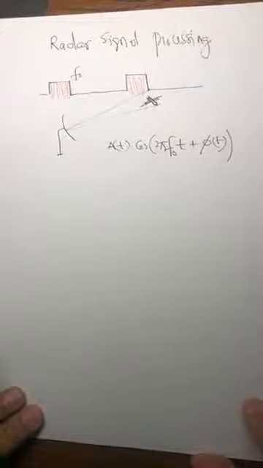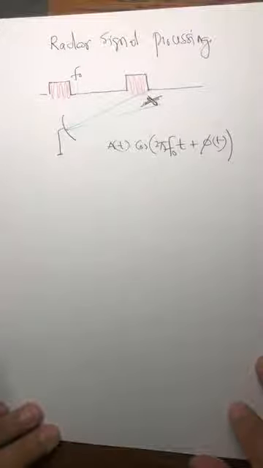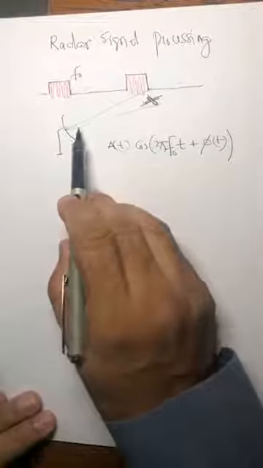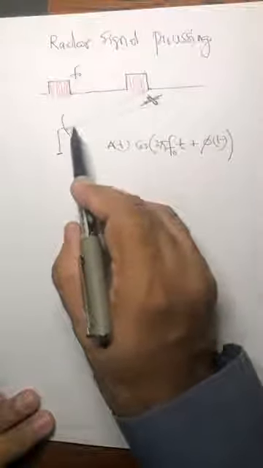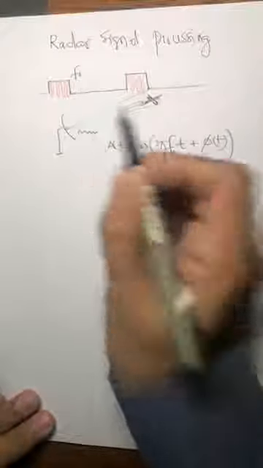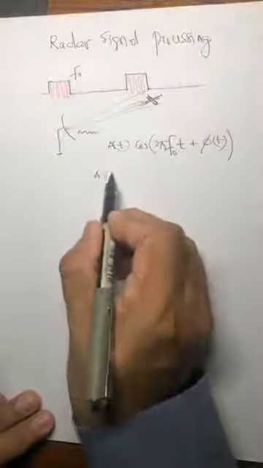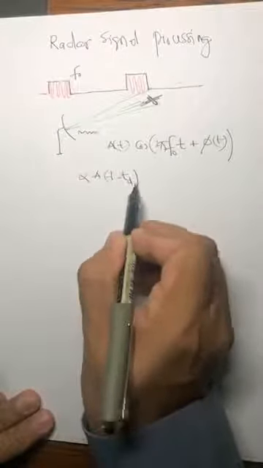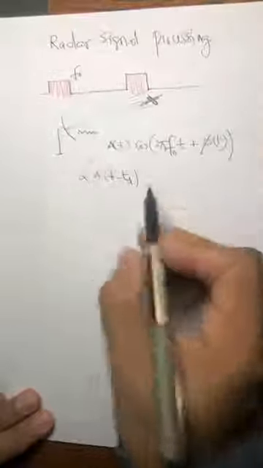This is the radar signal which is being transmitted, and once it hits this aircraft and comes back, definitely it is going to take some time for the signal to come back. It'll be a very weak signal, so it will have some attenuation, it will have some delay of going and coming back,